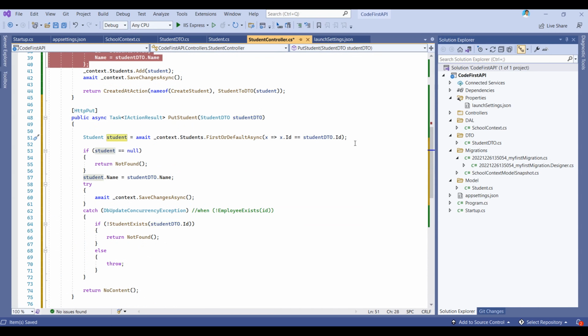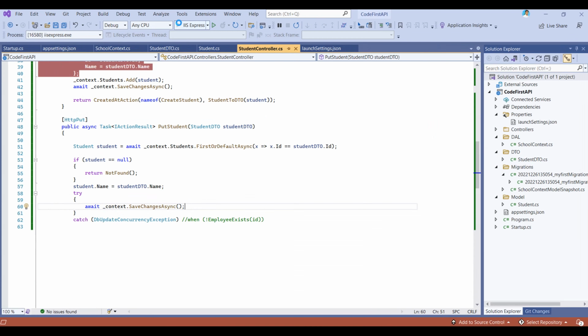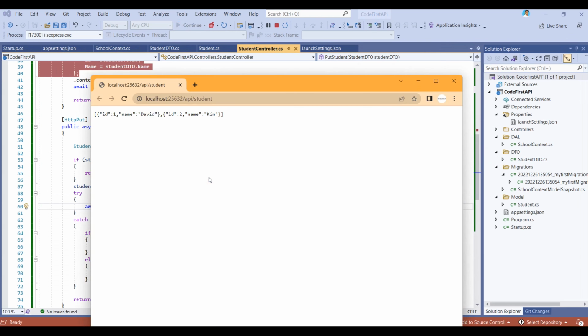Firstly, I'm checking the student ID, and if it does not exist, then returning student ID does not exist, and if the student exists, then updating the student, and finally calling the context.SaveChanges to make the changes permanent. Let's run our API